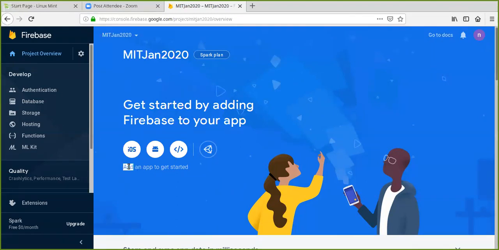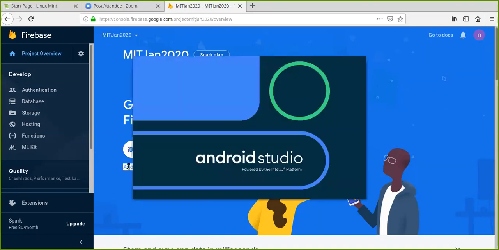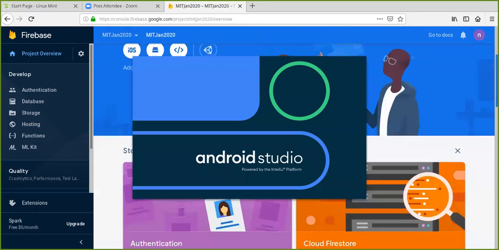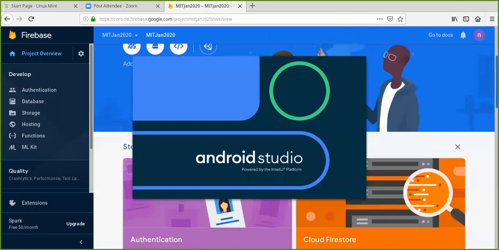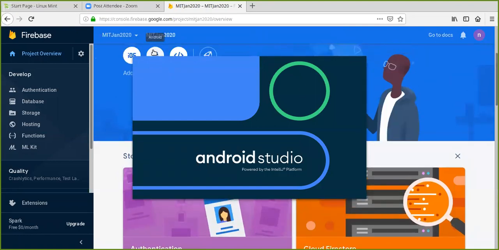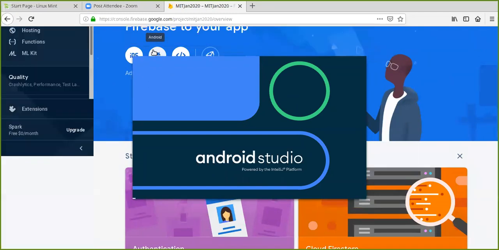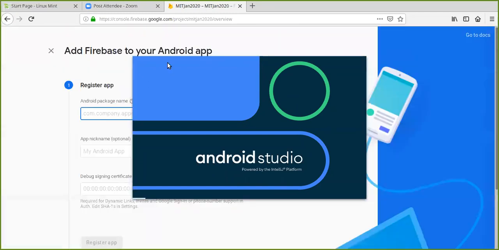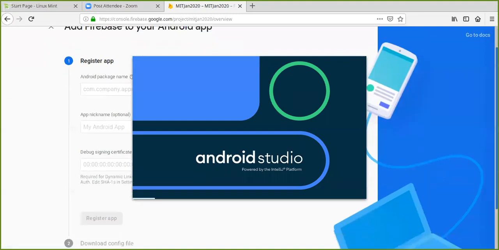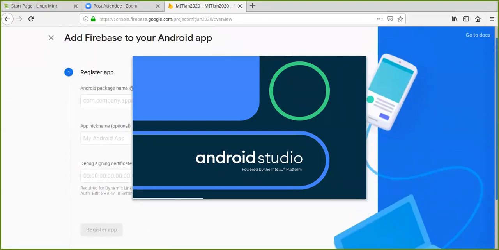So what you do now, you will add an app to get started. So the first thing is we are going to add an app, an Android app. So you will come to place your Android, then you click Android. So once you click Android, we are going now to link your app here. You're going to link your app here. So we link our Android app here,